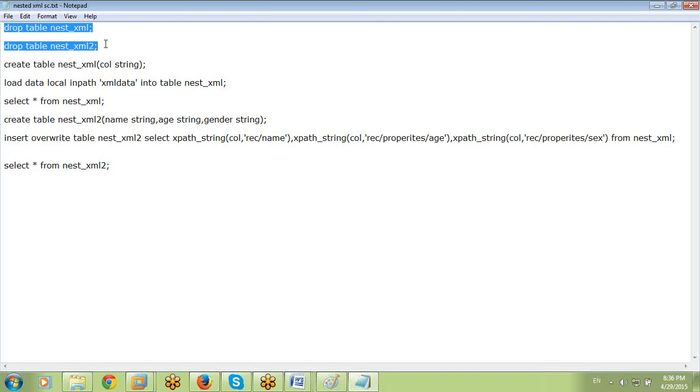Exactly, the tables are already available. I already ran this script previously, and at that time the tables were created. If the tables already exist, it throws an error. That's why I dropped these two tables.